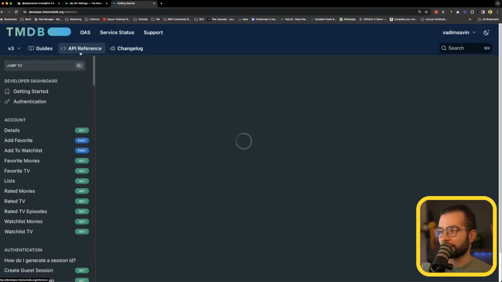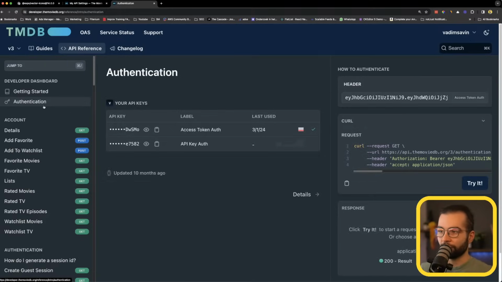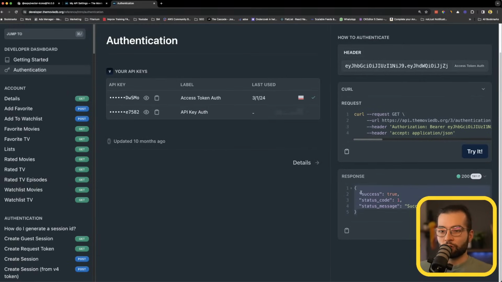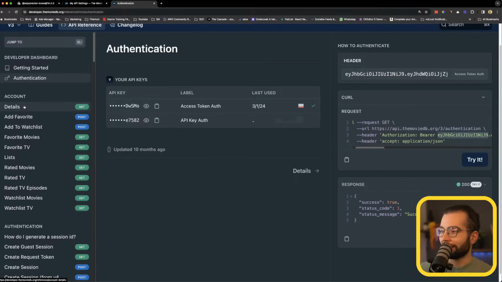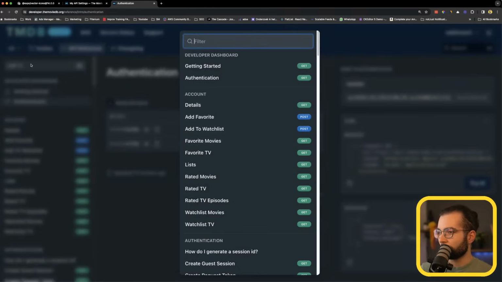And if we go to, for example, the API reference, and we start by sending a test authentication request, if we go to this page and press try it, we should see a response of success true, which means that our authentication token is correctly set up here in this documentation website. So that means that we can also go ahead and query the what? I'm gonna scroll down to find some